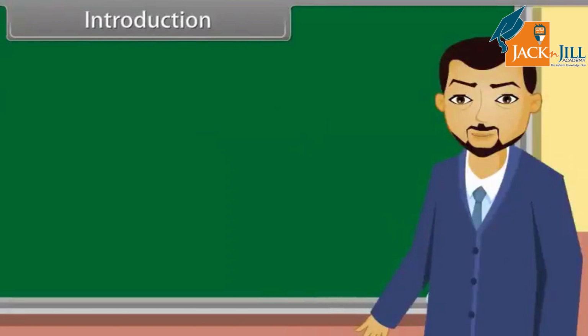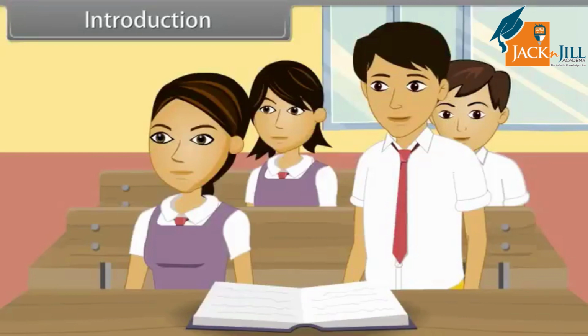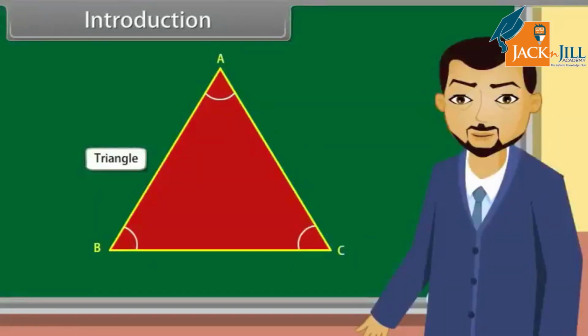Students, you must have studied about closed figures. Now, what do we call the figure which is formed by three intersecting lines? A triangle, sir. Yes, you're right, Rahul. A triangle. It has three sides, three angles, and three vertices. Today, I will tell you about the congruence of triangles and the properties of triangles. Come, let's start.